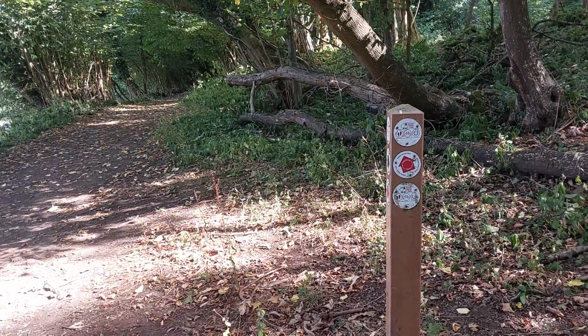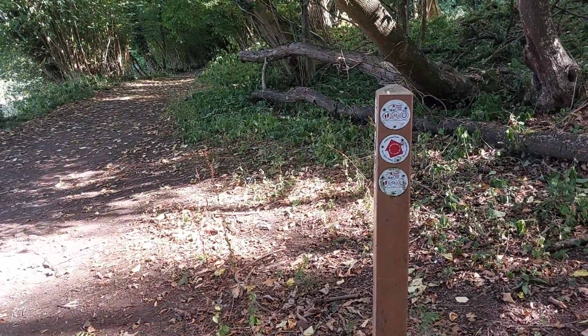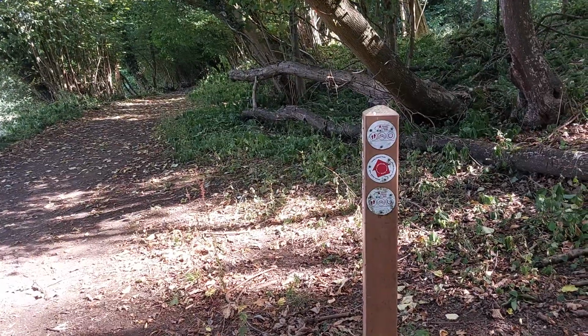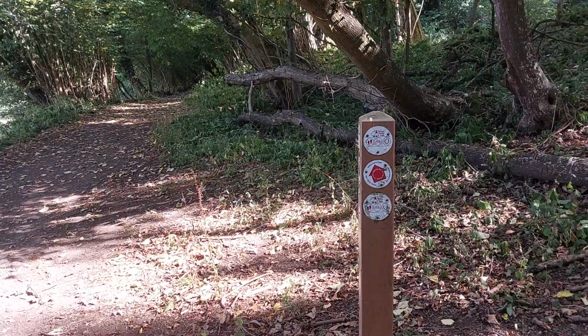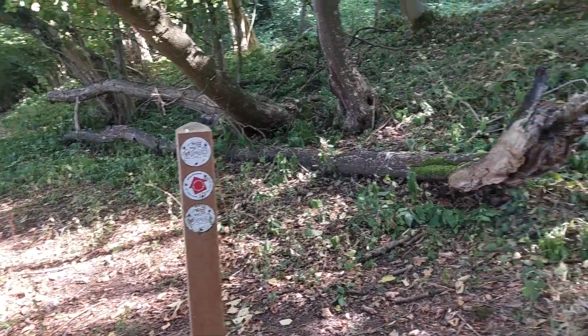As you can see, we've got a signpost in front of me for the Wrekin Forest Trails, and it's that red arrow there pointing in the direction straight ahead, and that's the direction we want to go today. But before we do that,